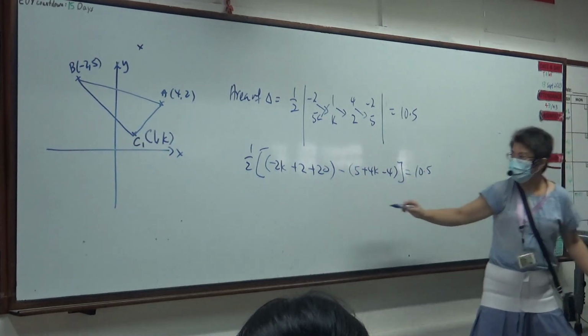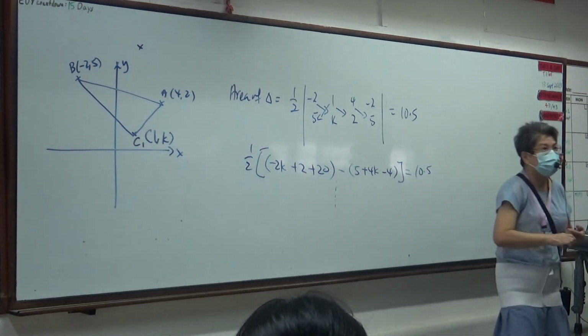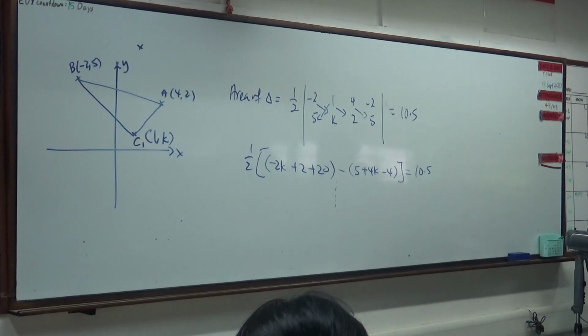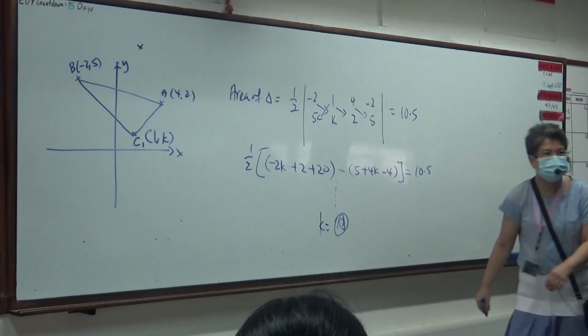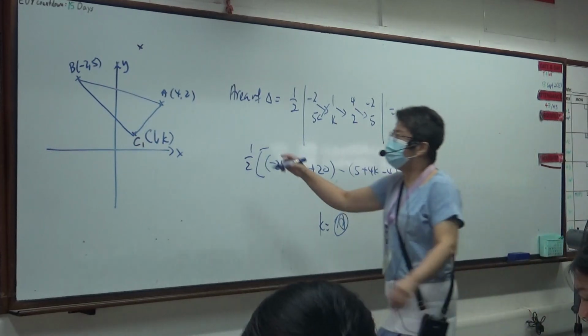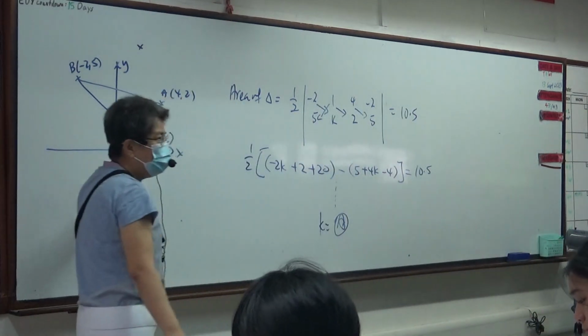But I don't need to expand and so on and so forth, you can get the answer, correct? Can you see you can solve for k? I'm talking to you. Can you see you can solve for k? Okay. So you can solve for k, k equals to something. Now, what if it is above? When you start from B,